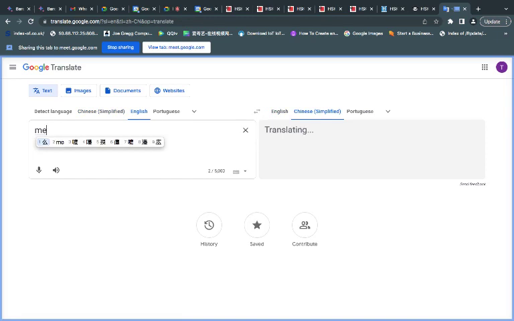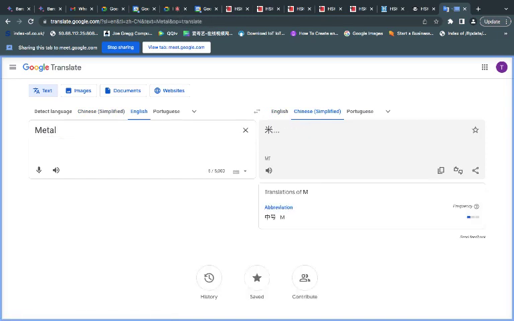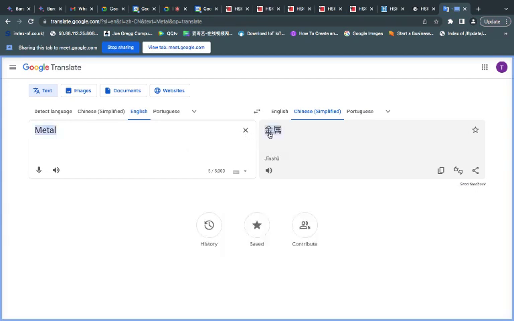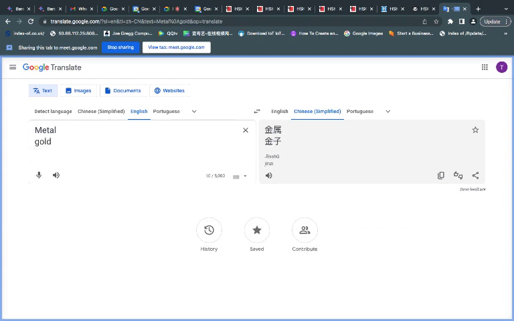So this metal is a building block. Okay, so this part right here is the part that actually represents metal. So everything that has metal in it, for example, if you have gold, maybe steel, I'm sorry, I was supposed to just write gold.